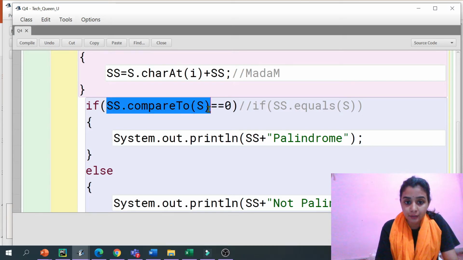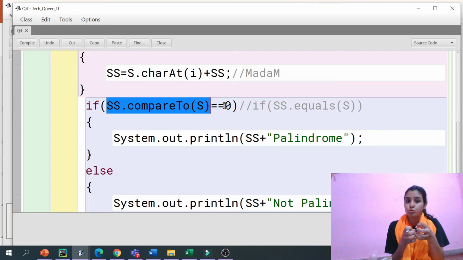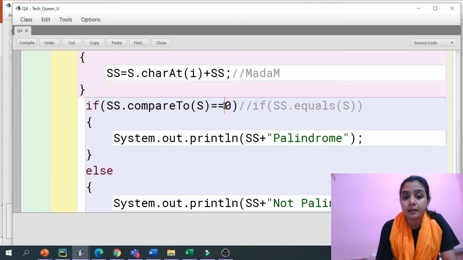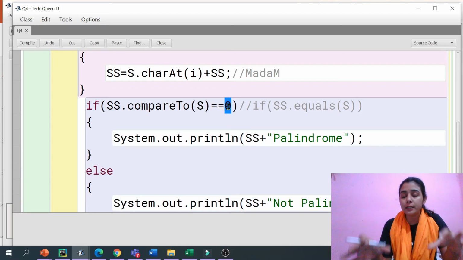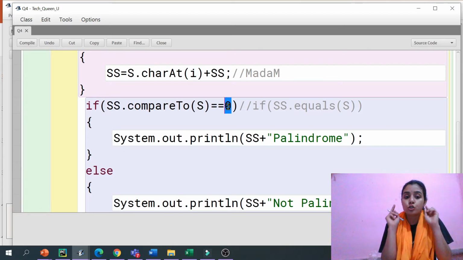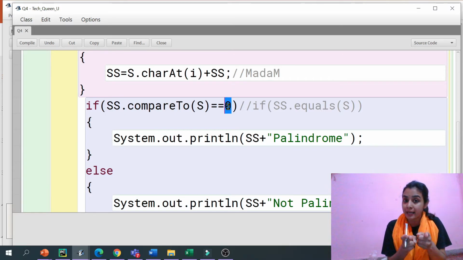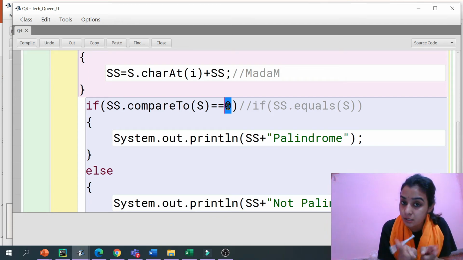If both are equal to each other, it will return the integer value 0. So compareTo returns us 0.